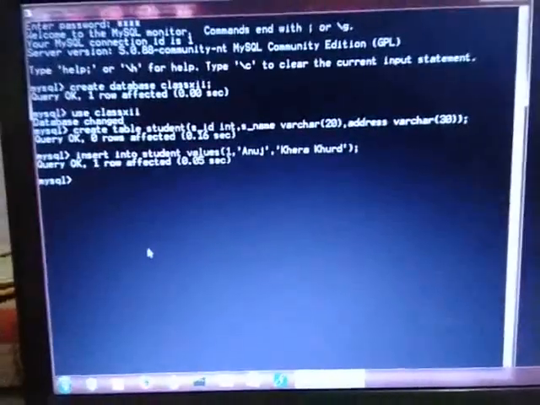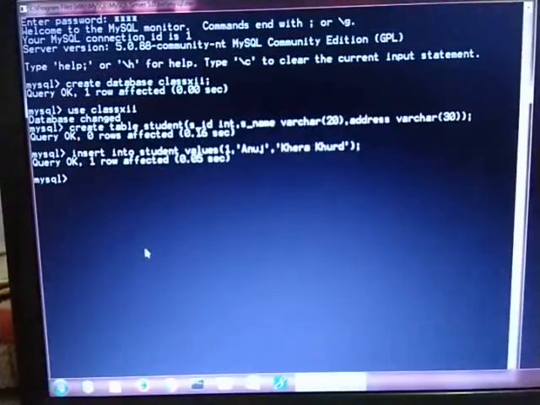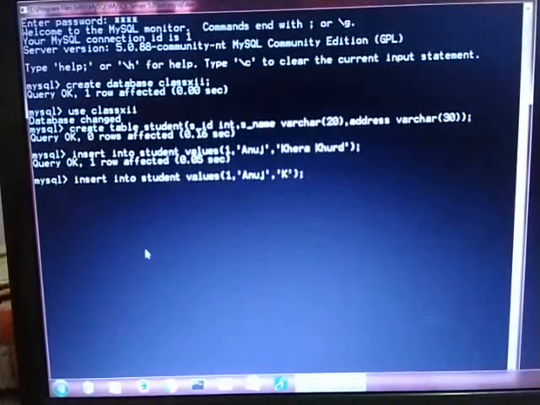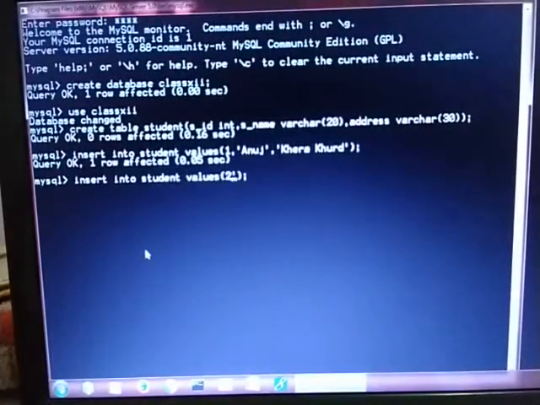Press the enter button. Again you want to write the insert record, so just press the arrow key on the keyboard. No need to write the whole thing again. You just write here and add it over here, like second. On the second place I want to insert one more record,